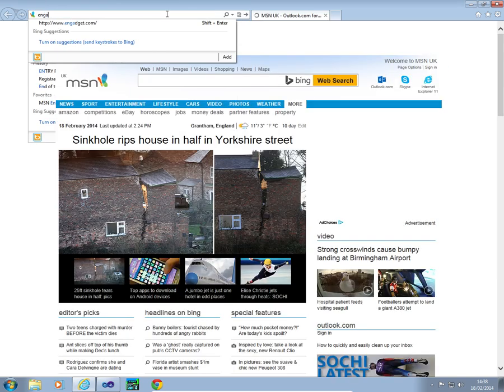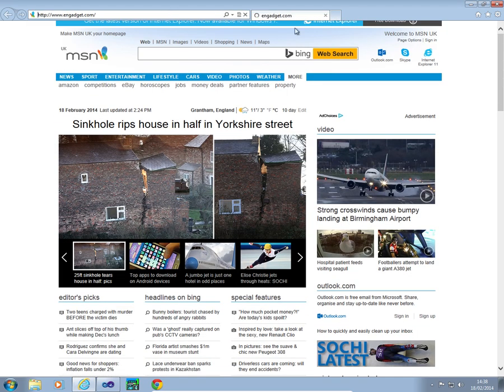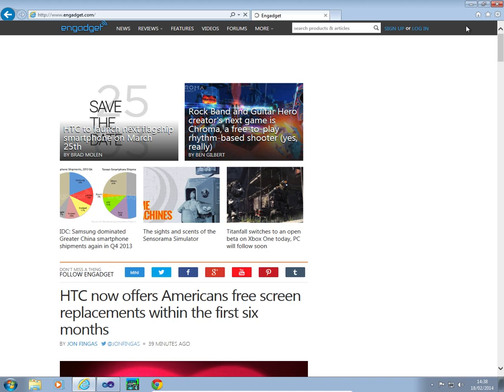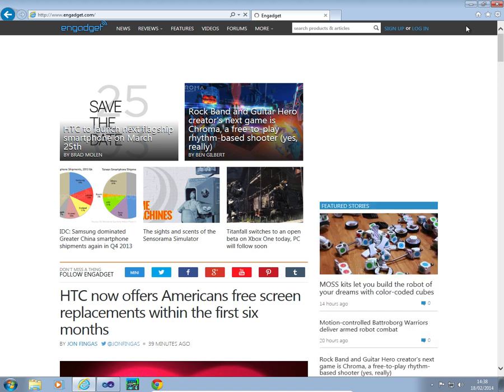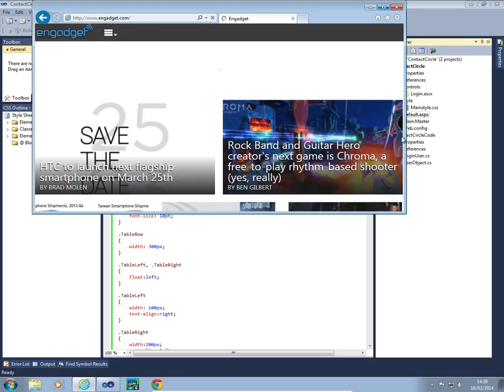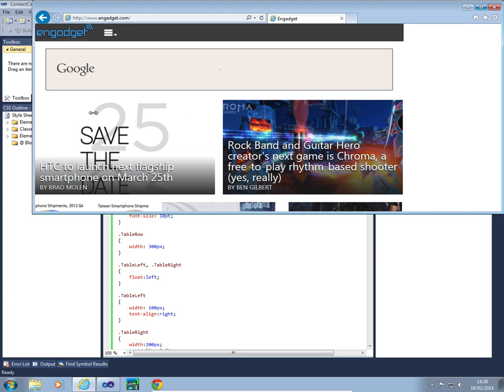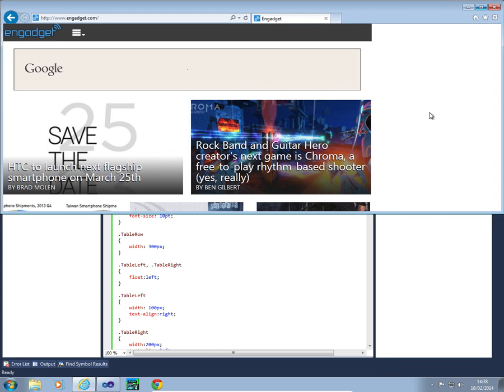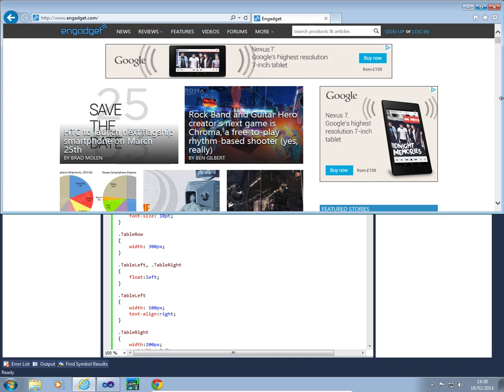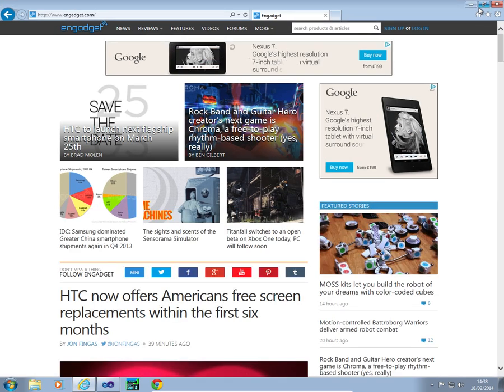If I think of one that might be a good one to use, if I use Engadget, we can make it specific to our size. It's called reactive programming. It's got other names as well, responsive programming and things like that, where depending on how big and wide your screen is, it actually changes the style. So in this particular case, in full screen, it looks like this, as you can see,